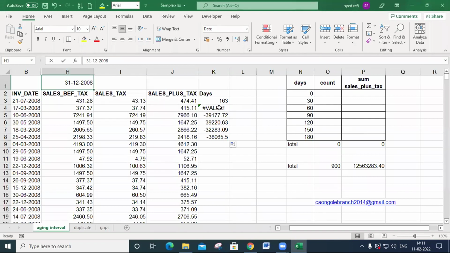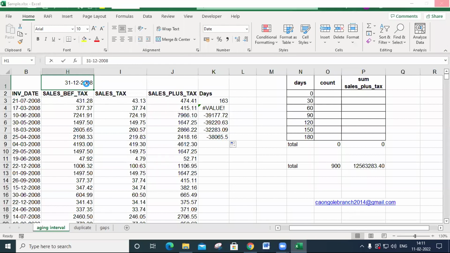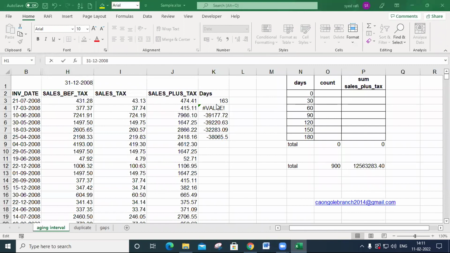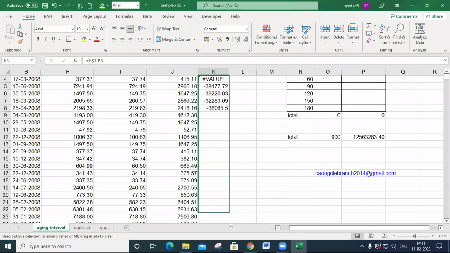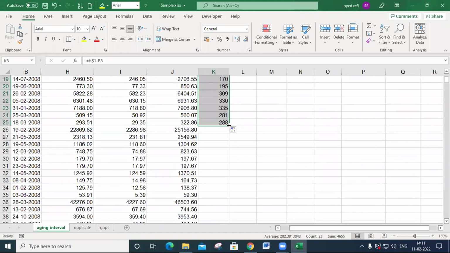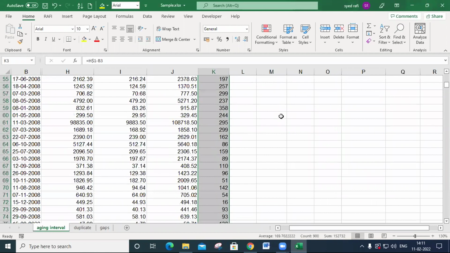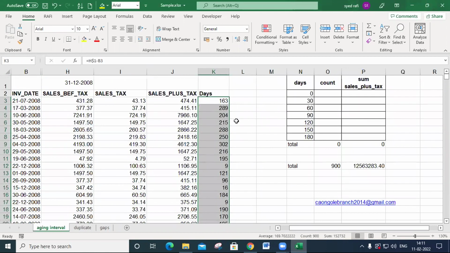So vertically it may also move. So that's why I don't want to move the row number. I want to make it a constant, as a row. I don't want to move the row. So that's why before the 1 I put a dollar, which makes a row reference. The row becomes a constant. Let's check, and I drag like this. So automatically it displays the correct result. So automatically the days will be calculated.